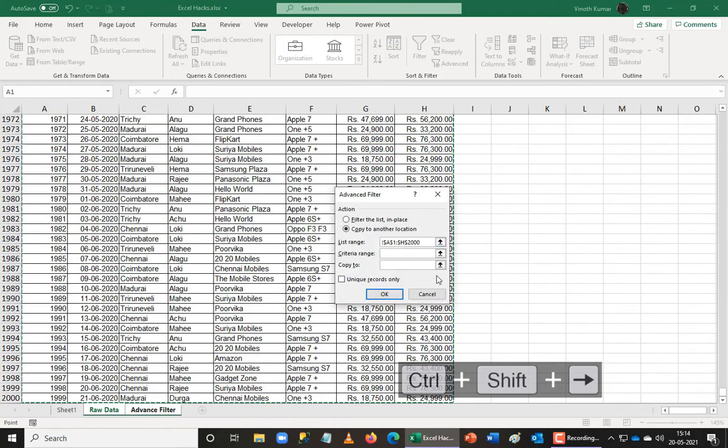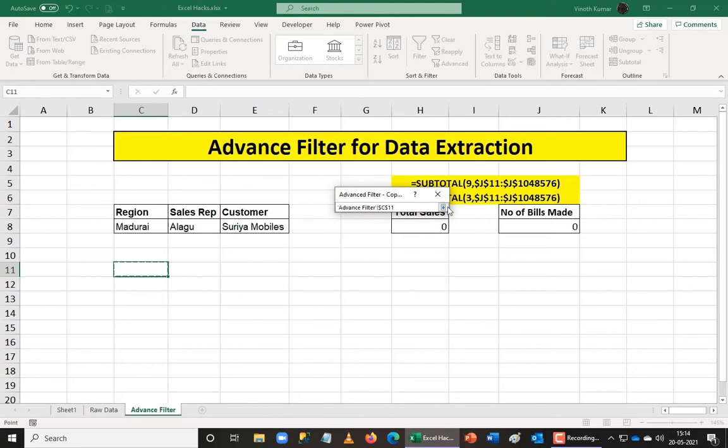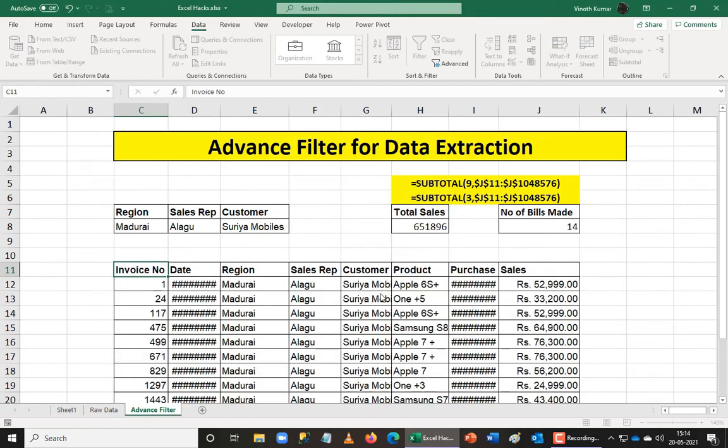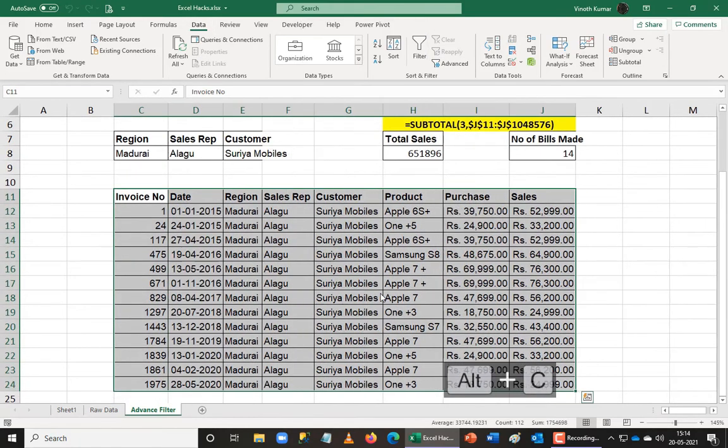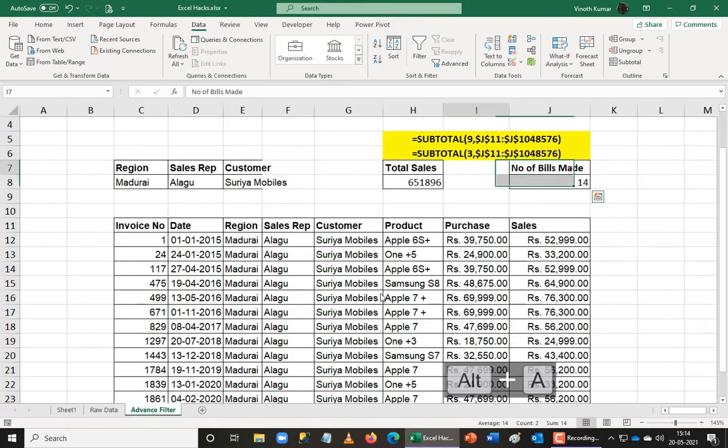And when I take this line item, you can see automatically it gives you an absolute cell reference for us. That's fine. And when I click the criteria, it automatically jumps to my advanced filter screen. So now I'm going to choose the criteria that I want to fill in here, and then choose the place where I want to copy my data, and when I give an OK, it extracts all the data and gives you one more dimension, saying that the total number of bills that I've made during the period, or with this permutation combination, is 14 bills, and the total value that I've made in here is